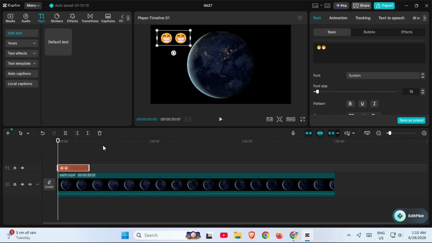it. You now know how to add emoji in CapCut PC using the text tool and your computer's emoji panel. It only takes a few seconds once you know the steps, and it can make a big difference in how